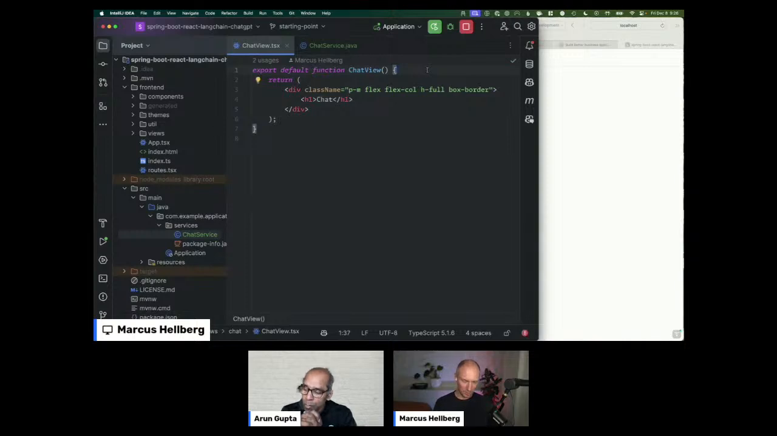So there are a couple of things that we want to do here. Our state in this case would be the array of messages going back and forth with the LLM, and the template here should have components where we can display those messages and where we can input messages. So for that, I'm going to use the built-in